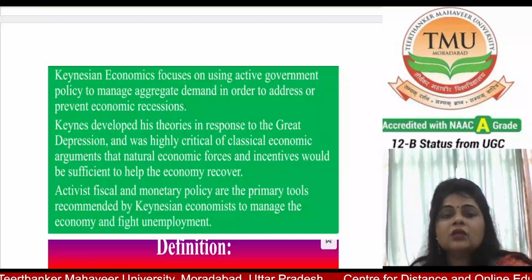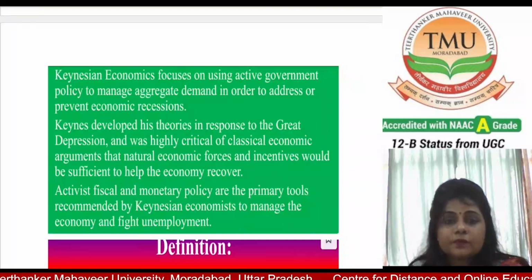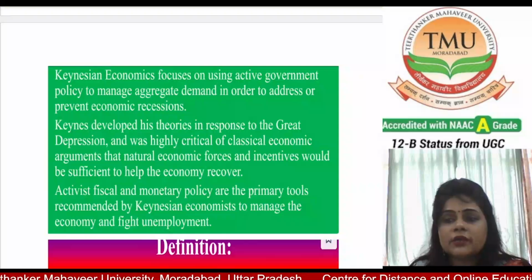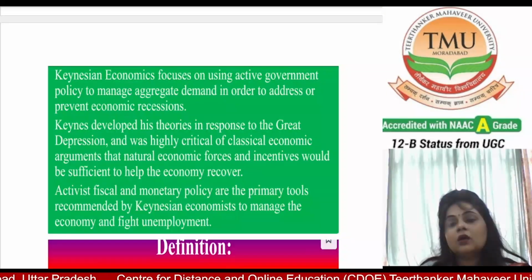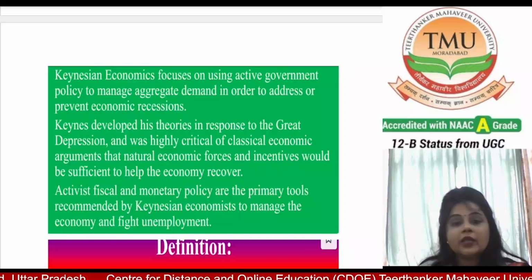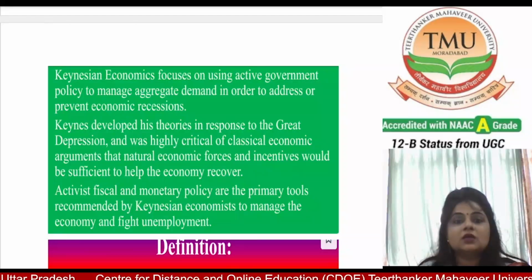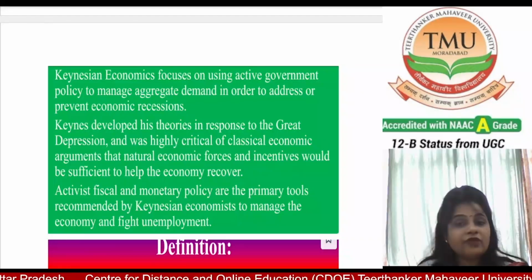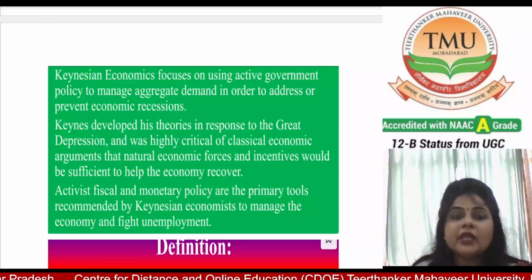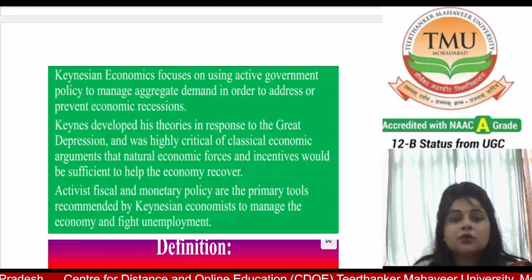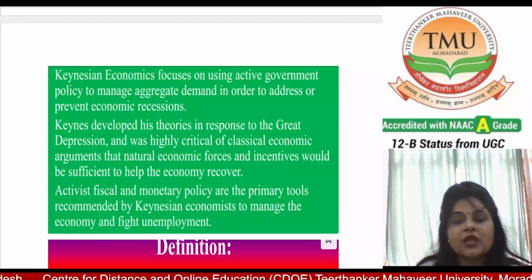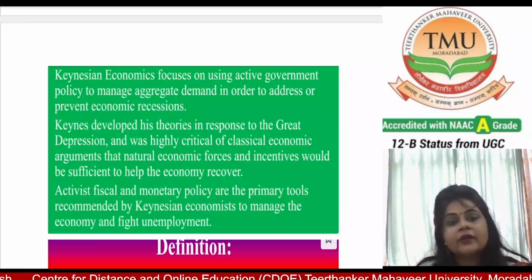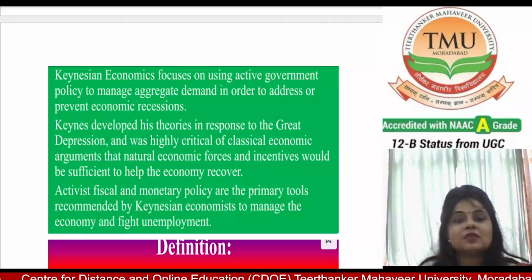Keynes also considered that the most basic principle is demand, not supply, and demand is the driving force of an economy. To increase the demand, the government should increase expenditure and spending. And when the demand increases,